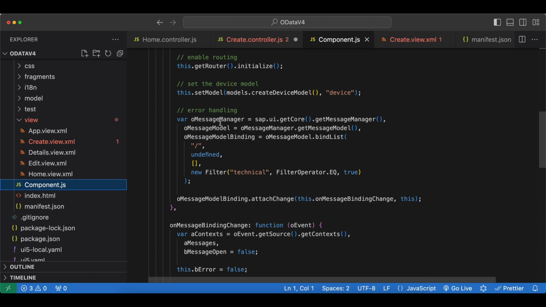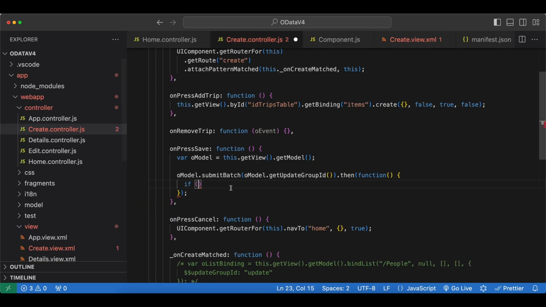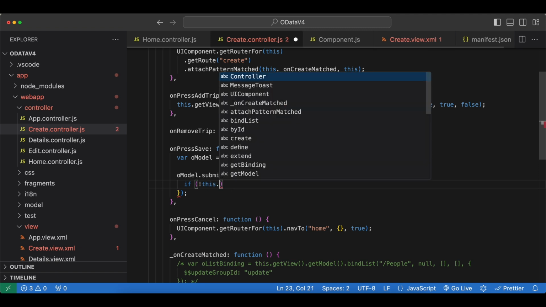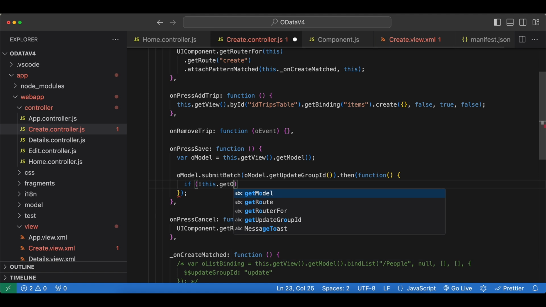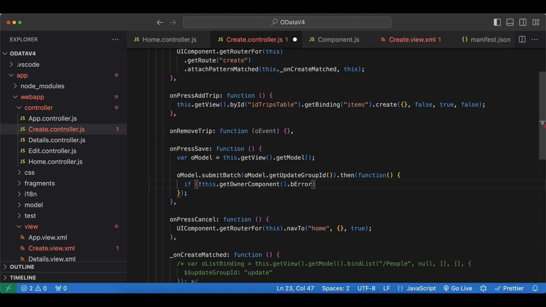It's just reading the message model, and if it detects any error, it sets this, let's see, b error on our component to true. So for errors, we will check that one. If there is no error, so we can say this dot get owner component dot be error. So if there is no error,